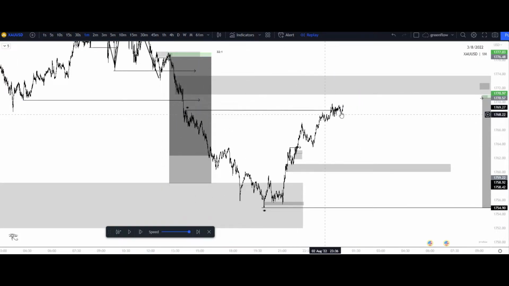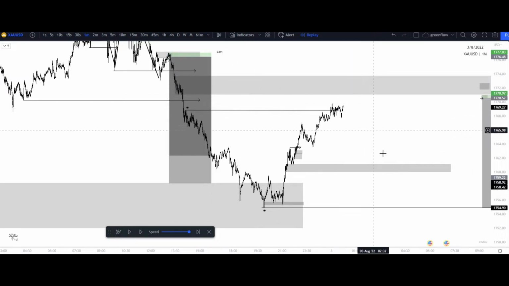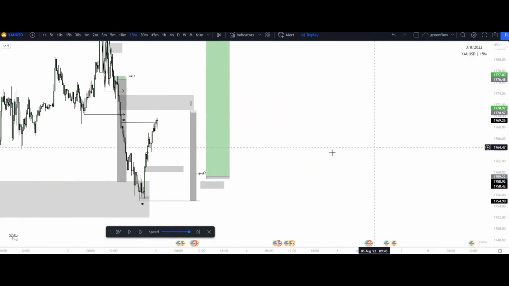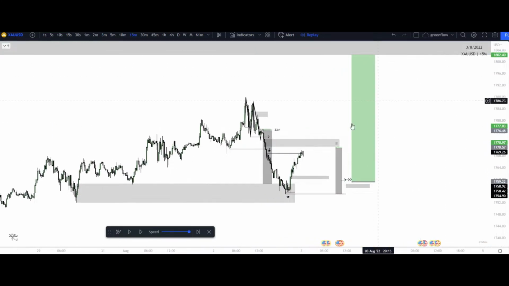So if I just raid liquidity, I'm looking for a pullback. If I mitigate supply and break structure to the downside, then I'm looking for that full-on confirmation that I can now take prices lower. So let's watch what price does now. Look for these areas of demand and areas of liquidity within here. And understand overall we are still bullish, remember. So we're still looking for higher prices while retail is looking for those lower prices.